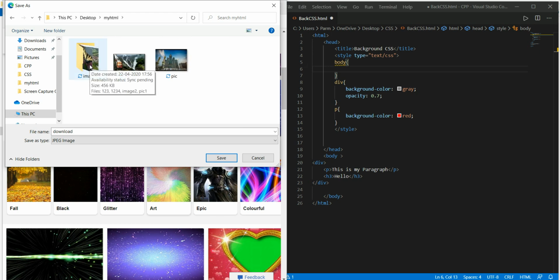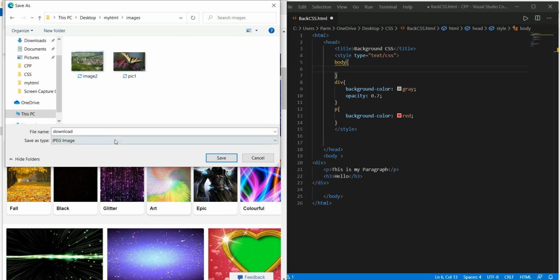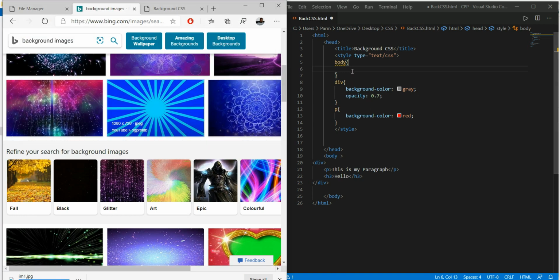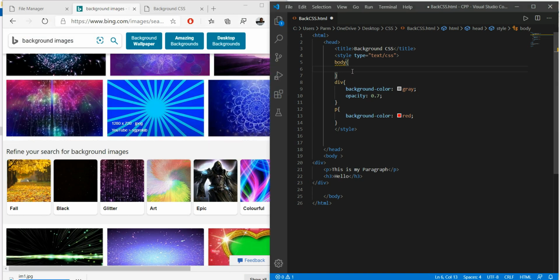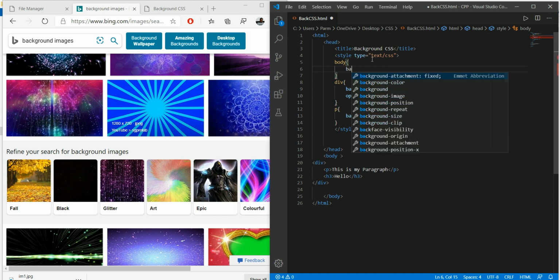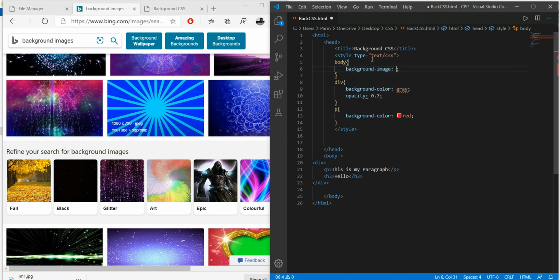So I am giving the name to this file as im1. So for that, in order to insert the image, I have to use the property background-image.